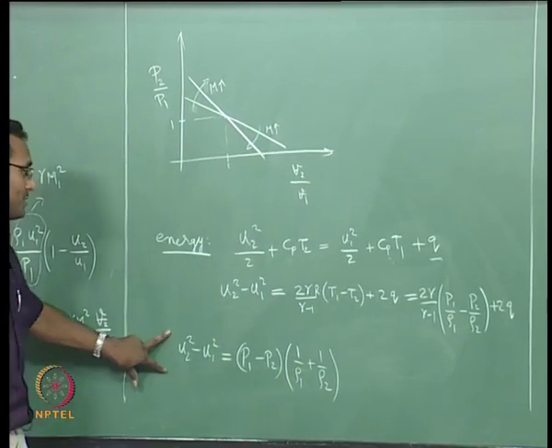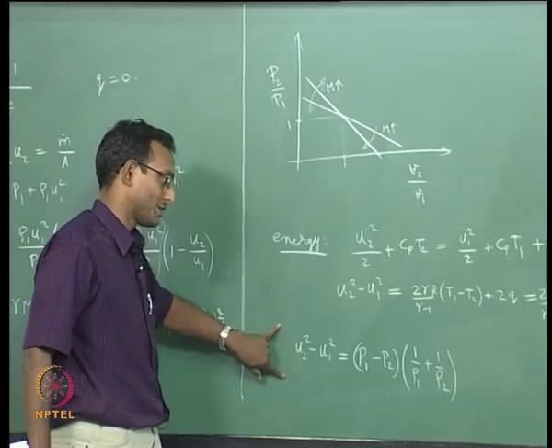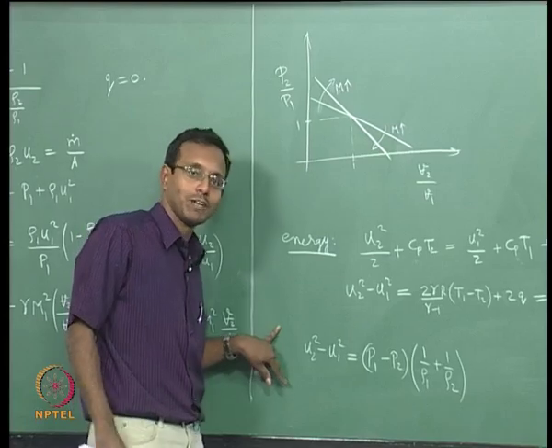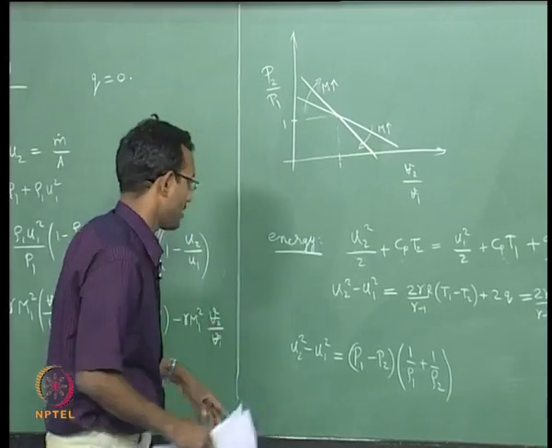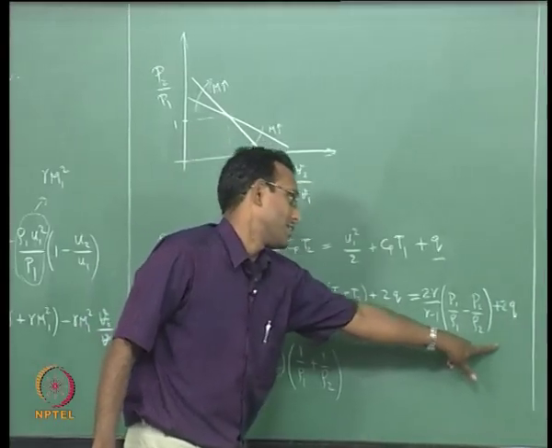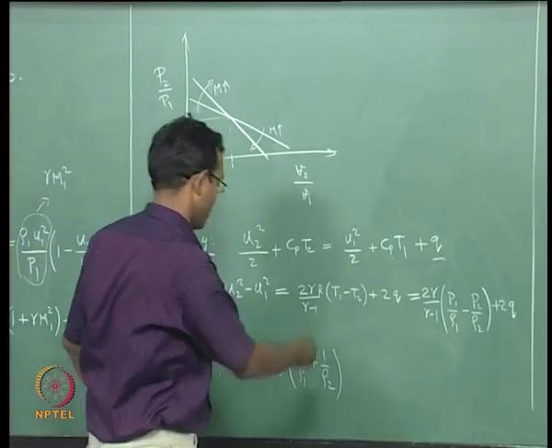Okay, I am just taking this, otherwise I have to write 3 more lines. I just want to take this from normal shock relations. We derived this exact equation when we were doing normal shock relations. Okay. So, now I want to link this with this relation, because both are u2 square minus u1 square. Okay. I want to equate these two right hand sides,